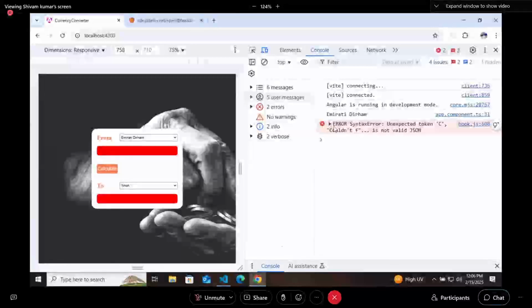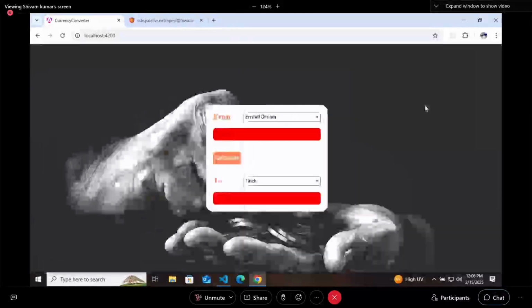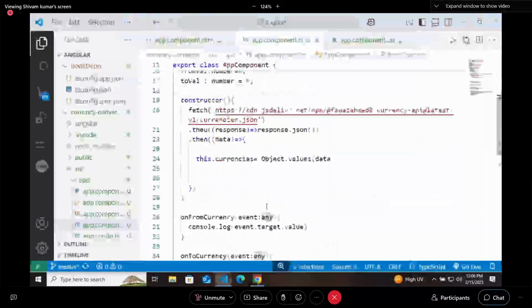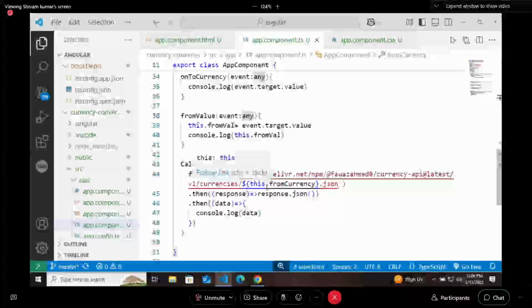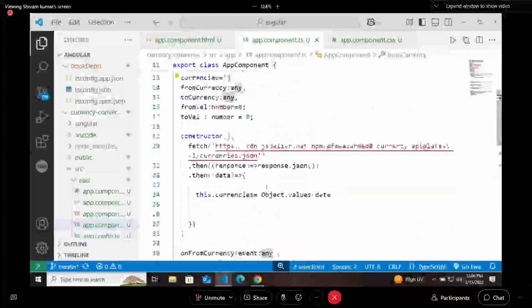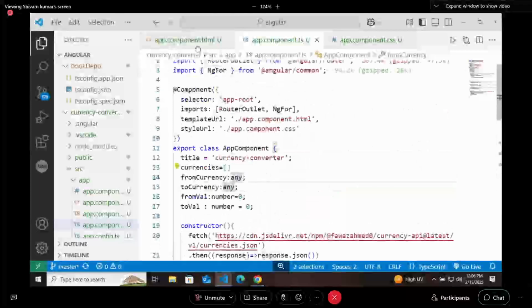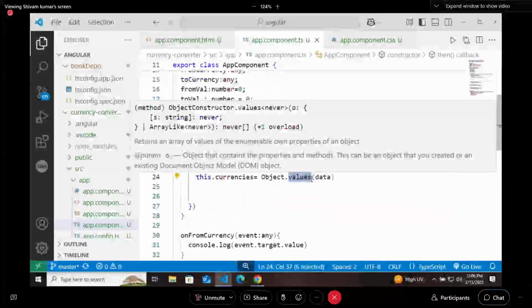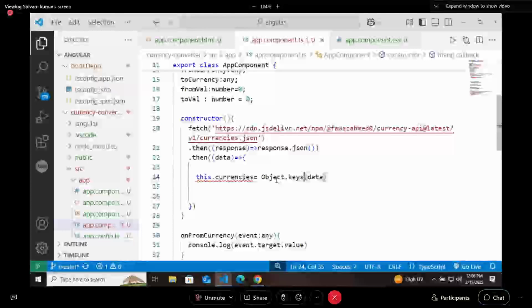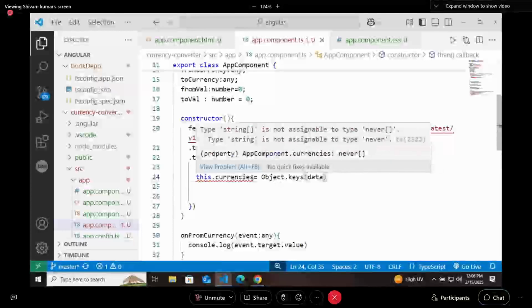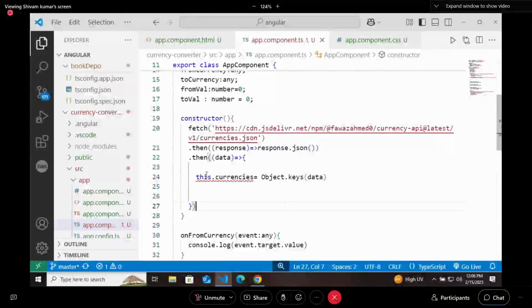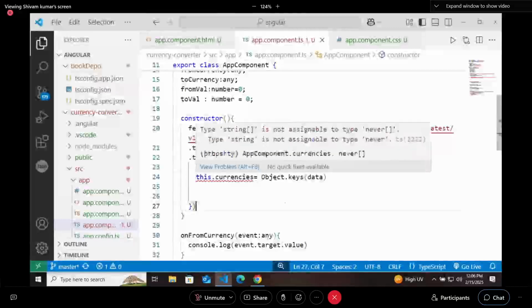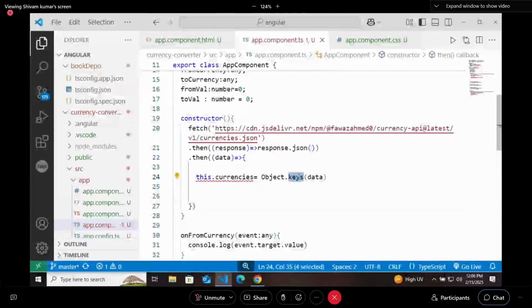Could not find the valid JSON. Okay, so this particular value is not getting selected. This dot from currency, this, that. Because here we have set all the names of values. We have selected the values. If you are selecting Object dot keys, this dot currencies object to data, what the thing is, this, that. So you can write